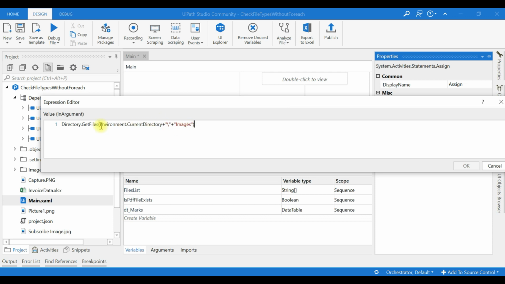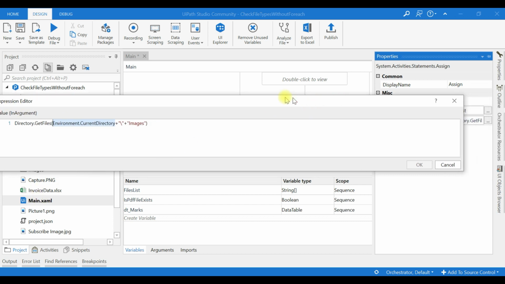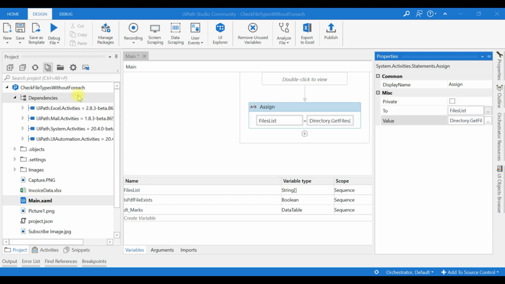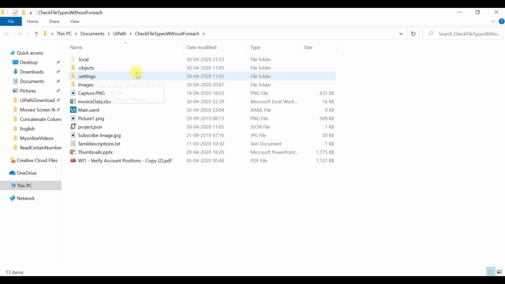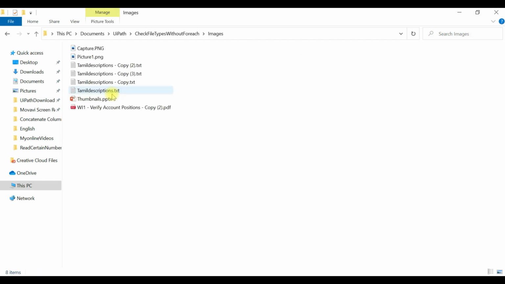The images folder is in the Environment.CurrentDirectory, which gives the path of this Main.xaml. I will open the project folder. So this is the Environment.CurrentDirectory path. Here in this images folder I have these many files. I want to know whether a PDF file is located in this folder.